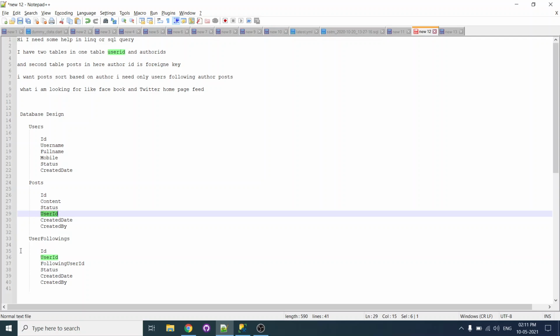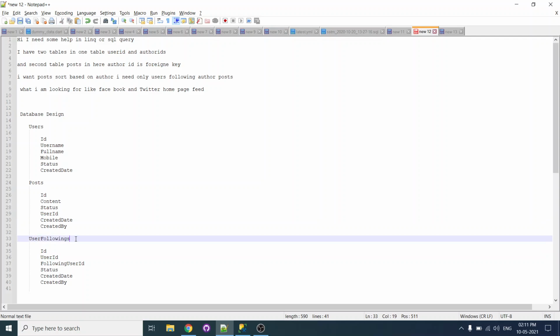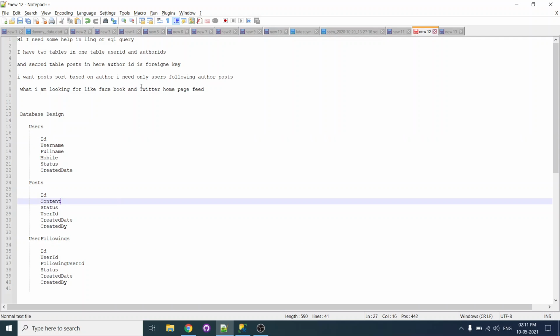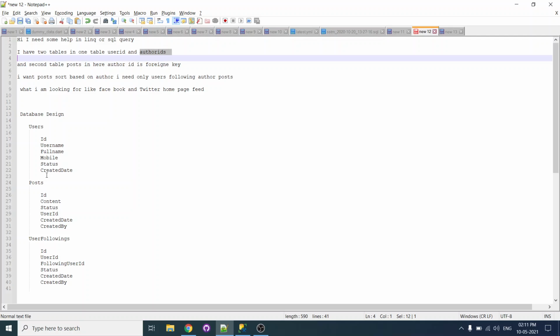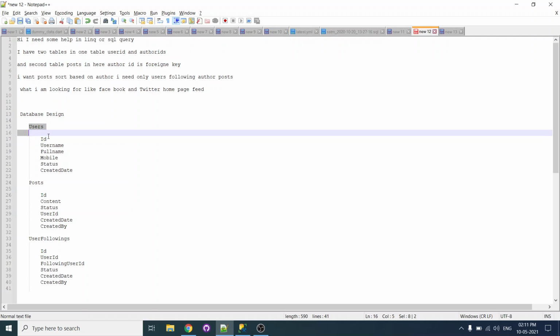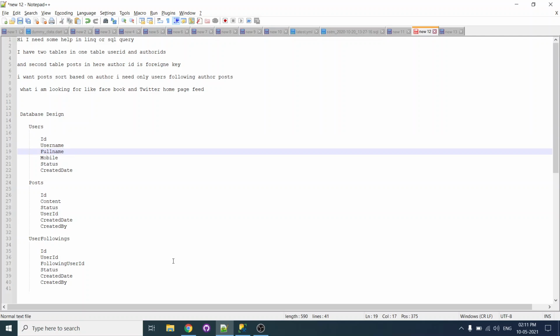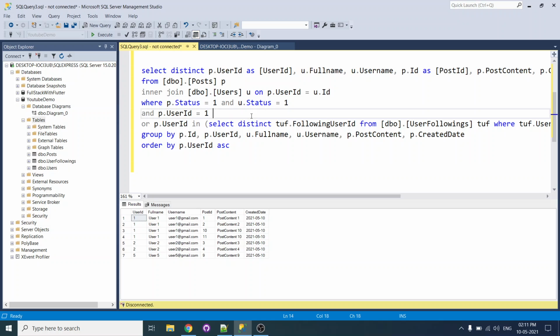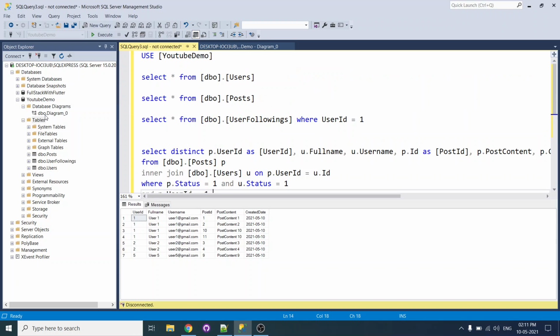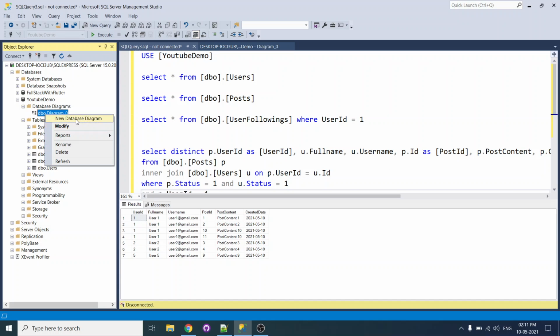Okay, after that, the user following is nothing but the followers of that particular user. Here the author ID is nothing but the user ID in the users table. So the same structure, I have created a sample database and diagram.